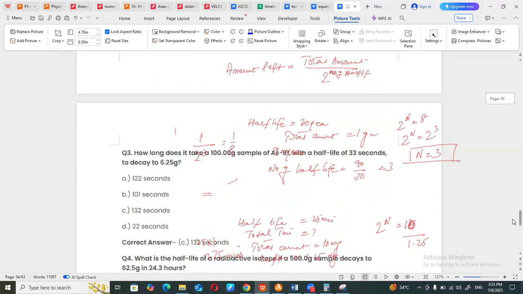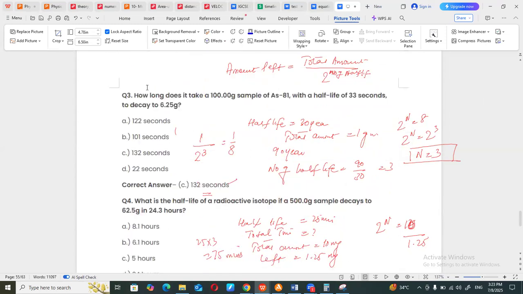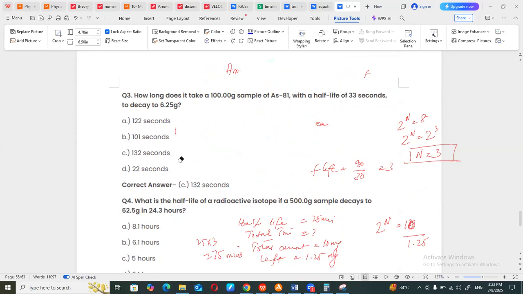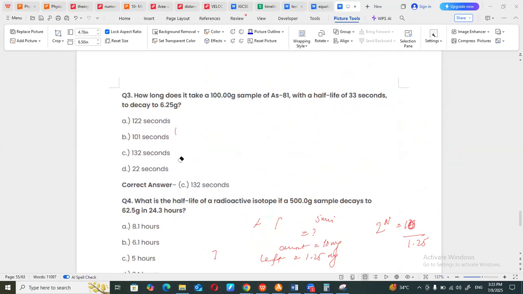We have it. Let me do one more for you, and then there are questions which you will be able to solve. Even the answers are given. You can go through them. The formula will be the same, no difference at all. Like in this question,